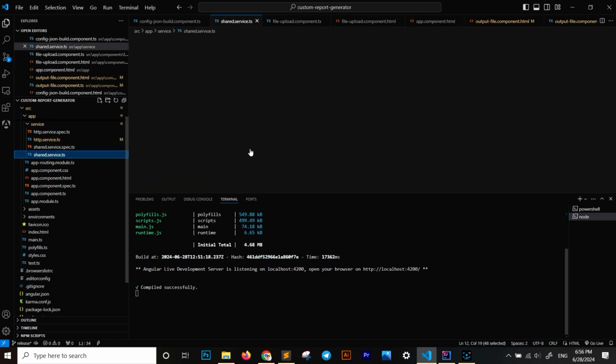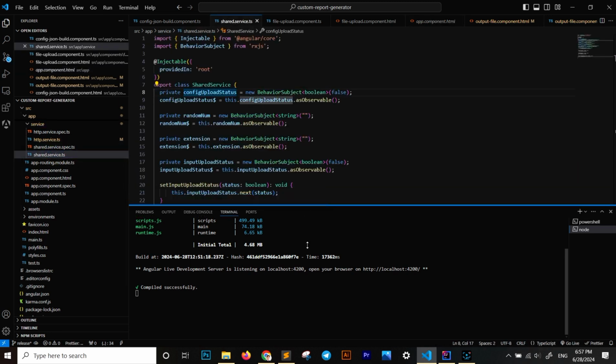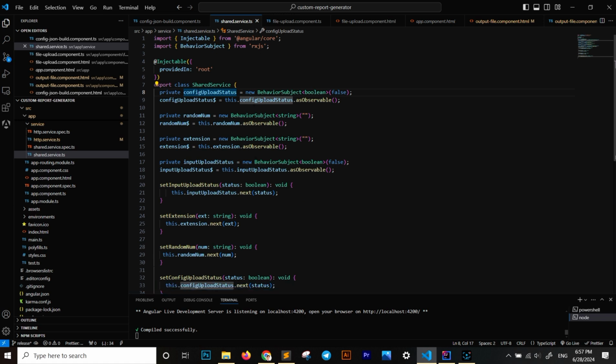Here if I show you, there is a shared service, and this shared service is being used to communicate between components. For example, the functionality where the config file is uploaded is in another component, so we have implemented the observer design pattern here using a behavior subject. We have created a constant variable, config upload status, which is a behavior subject, and we made an observable of it. Whoever subscribes to this particular constant is able to be updated once this field gets updated. So once we upload the file,